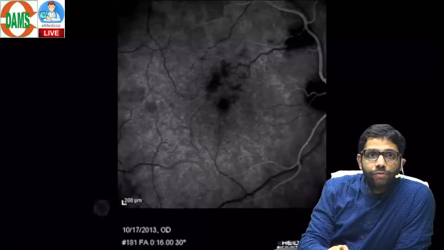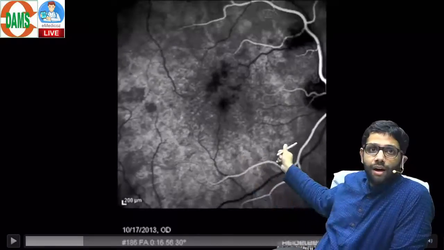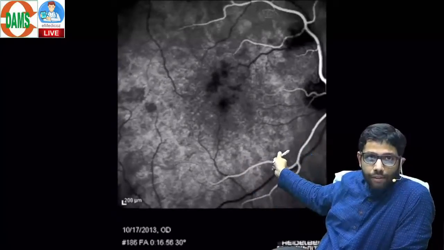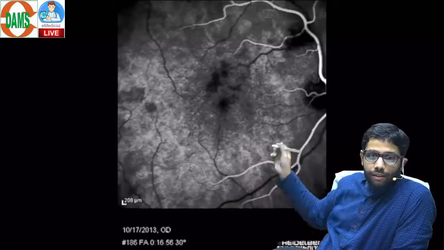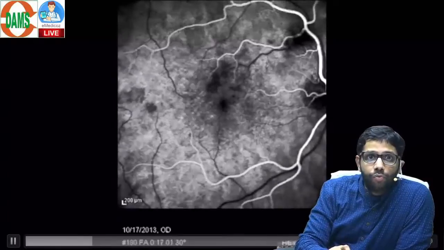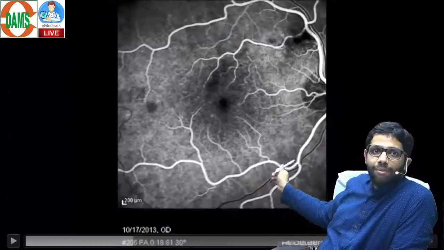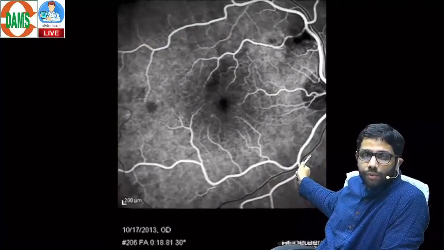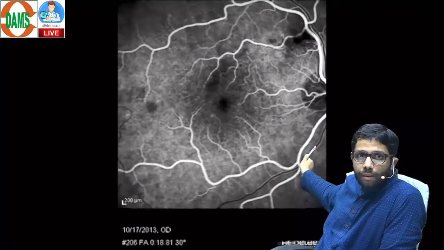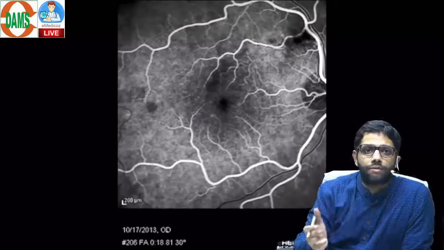Then the dye is starting to fill in the artery. See, this is the arterial phase. The artery is thinner. Then the arteriovenous phase, the vein will now fill. You can see this is a laminar flow. Very good. Excellent presentation over here. Excellent, you can see laminar flow. The center of the vein is dark, the periphery is white, arteriovenous phase.